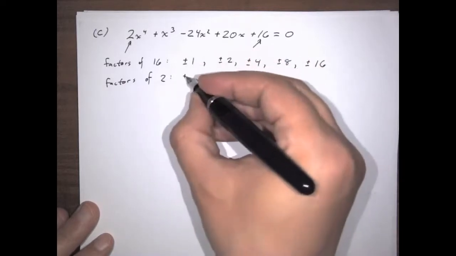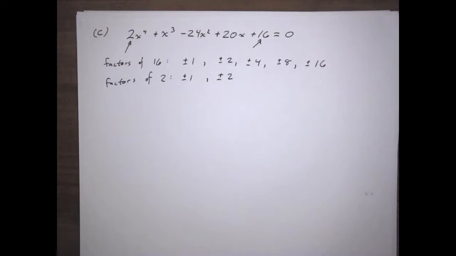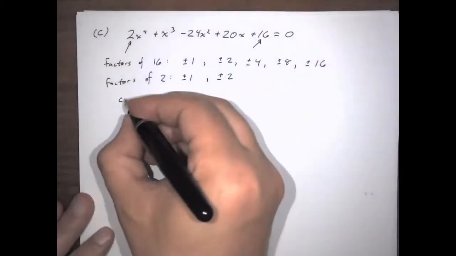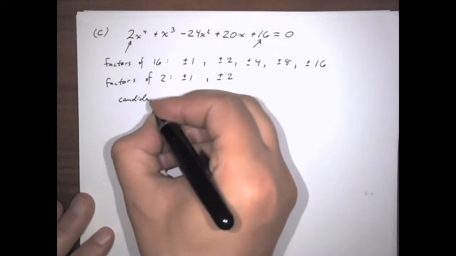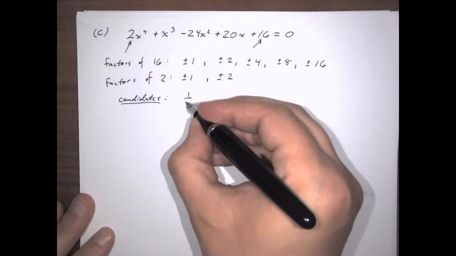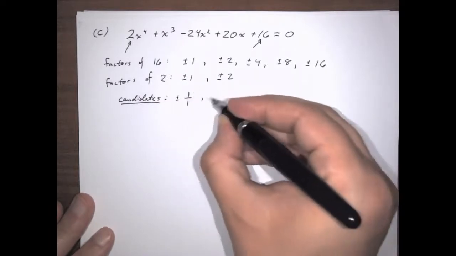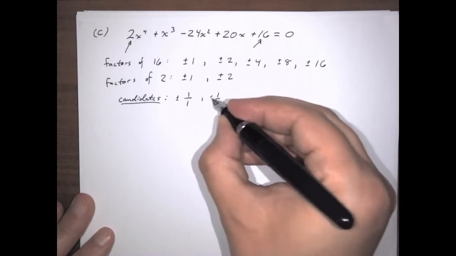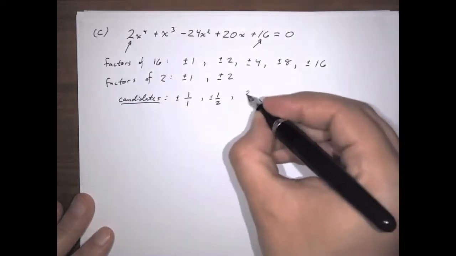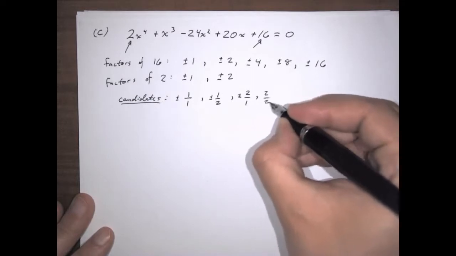It's just going to be plus minus 1, plus minus 2. So that gives us as candidates 1 over 1, plus minus 1 over 2, plus minus 2 over 1, plus minus 2 over 2, plus minus